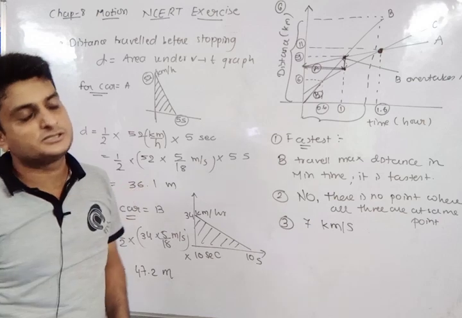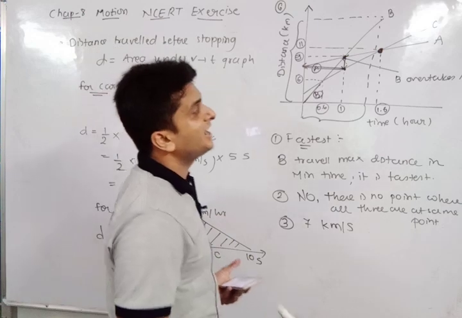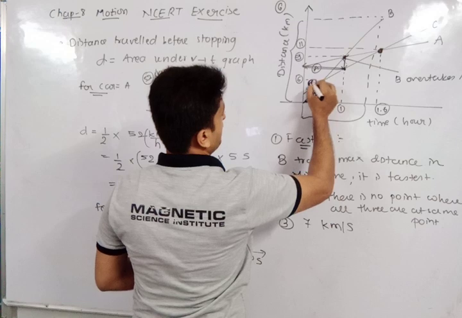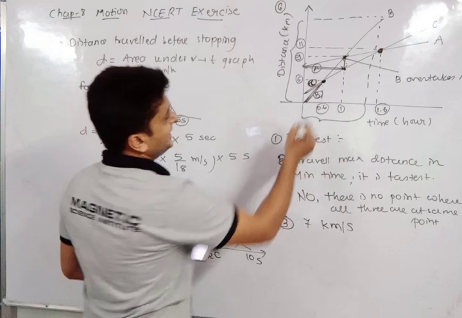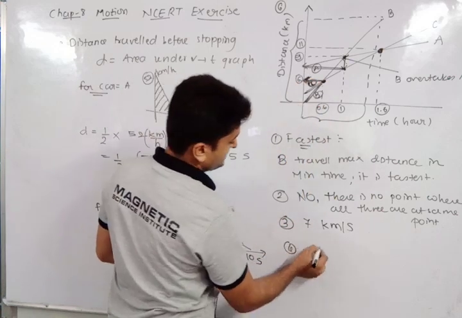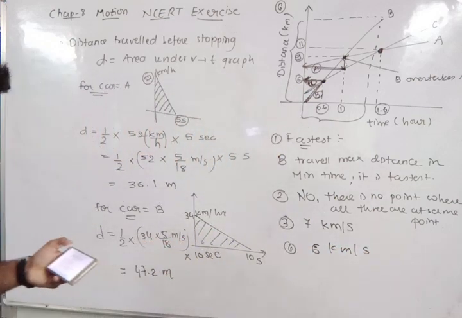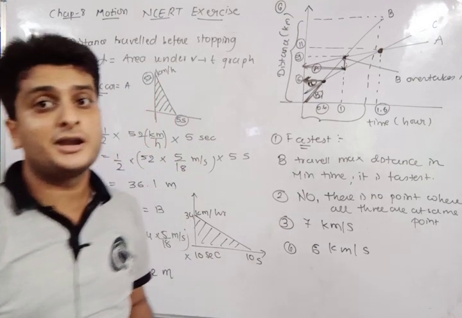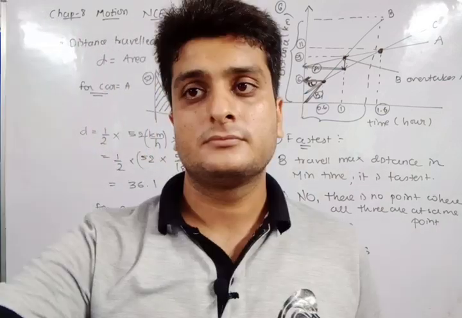चौथा क्या है, हाउ फार हैज B ट्रैवल्ड बाय द टाइम इट पासिस C। B वाला जब C को पास करेगा तब कितना डिस्टेंस काटा होगा। देखो बच्चों B और C का लाइन, ये वाला B का लाइन है और ये वाला आपका C का लाइन है, ये लाइन B और C यहाँ पे ओवरटेक कर रहे हैं एक दूसरे को। इतने टाइम में B ने कितना डिस्टेंस काट लिया, तो ये रहा डिस्टेंस अप्रॉक्सीमेटली 6 किलोमीटर। B will travel approximately 6 kilometers. दिस आर द काइंड ऑफ द ग्राफिकल क्वेश्चन जो आपको सॉल्व करना आना ही चाहिए कंपलसरी, राइट। ओके चलिए इसका आंसर कॉपी करिए फटाफट।